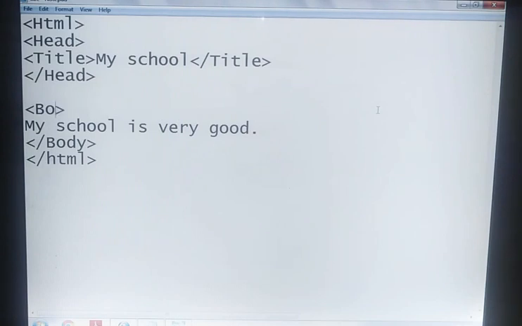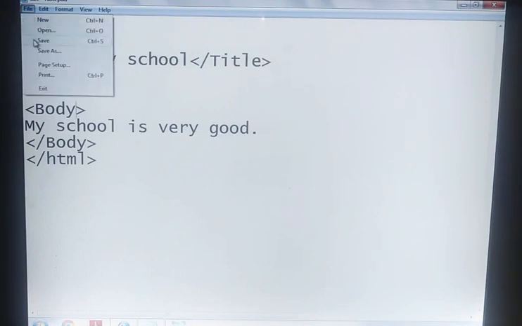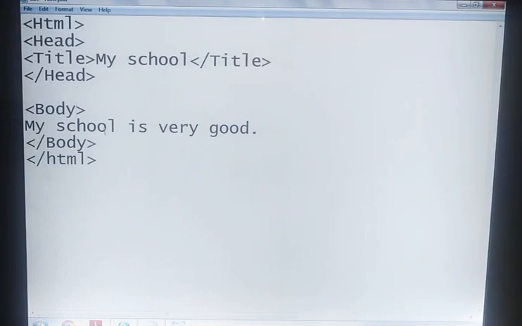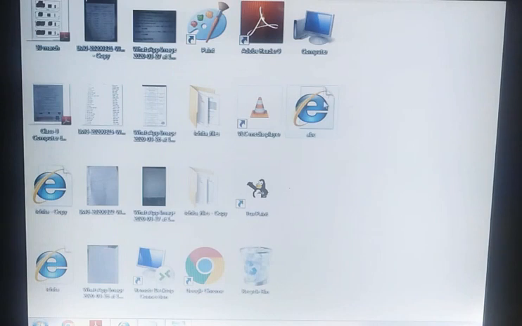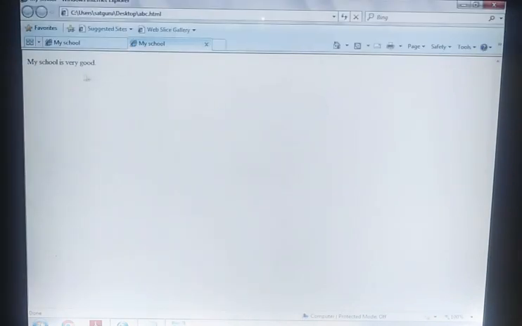Just the body tag I have applied and I'm going to save it again. You can find out the difference between the top margin and left margin that we had given earlier and now where the margins are not given. Let's minimize it and then we again click here. Now see the gap between. Now the space has been reduced because it is not given here. Okay, fine.